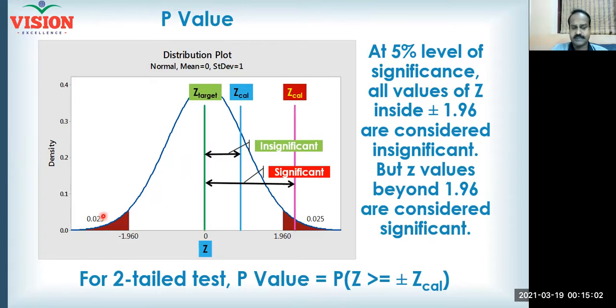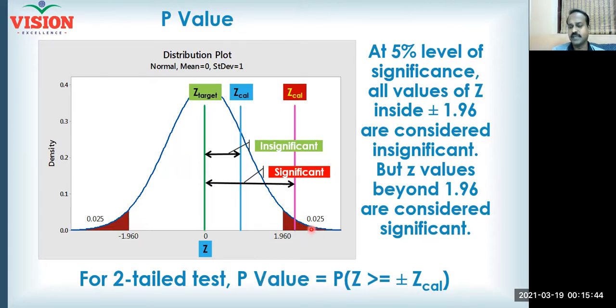Now I conduct a statistical study, and I get a z value somewhere here. The calculated value of z will definitely be more than 1.96. When my z value is more than 1.96, the corresponding p-value will certainly be less than 5%. Being a two-tailed test, I have to calculate the portion of area beyond the calculated value of z on the right. In the same way, I will have minus z here, and I have to include the area beyond the minus z value on the left side. As a result, my total p-value will be less than 5%.